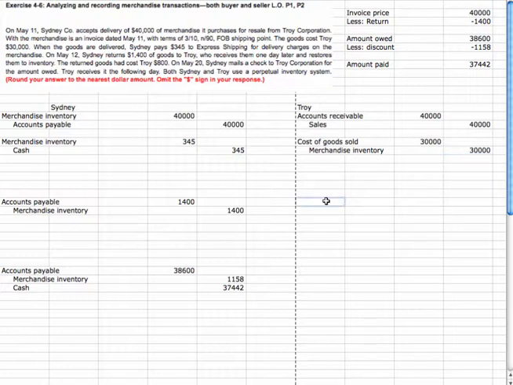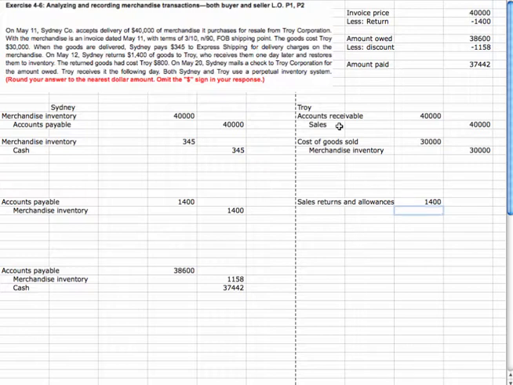Now, on the 13th, we received that inventory back. So we're going to have to reduce the accounts receivable by $1,400. We're going to use a contra revenue account again called sales, returns, and allowances for $1,400. Notice we use the contra account sales, returns, and allowances rather than reducing the sales because we want